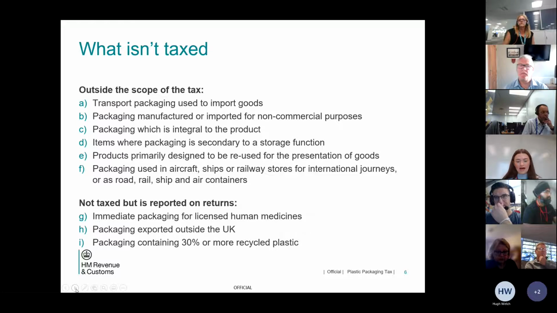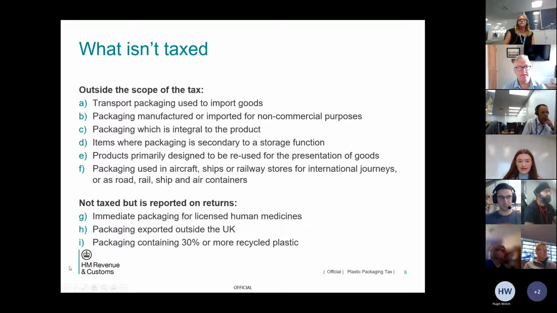Other plastic packaging out of scope is packaging manufactured or imported for non-commercial purposes, packaging which is integral to the product, items where packaging is secondary to a storage function, products primarily designed to be reused for the presentation of goods, and packaging used in aircraft, ships or railway stores for international journeys or as road, ship, rail and air containers. I'll cover C to E in more detail in a moment, but first to turn to the bottom group